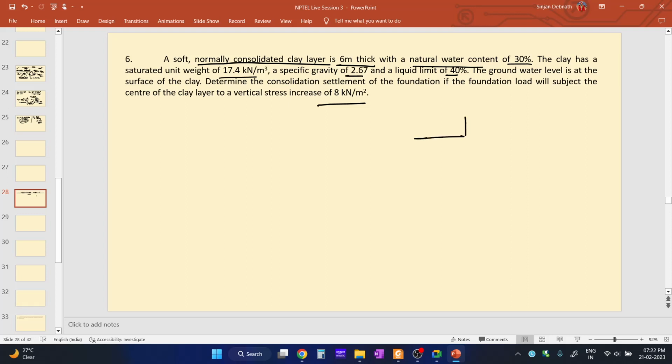So suppose there is a foundation like this. A soft, normally consolidated clay layer is 6 meter thick with natural water content of 30%. The clay has a saturated unit weight of 17.4. The depth is not mentioned, but I am assuming that it is on the surface. So this one is the foundation,